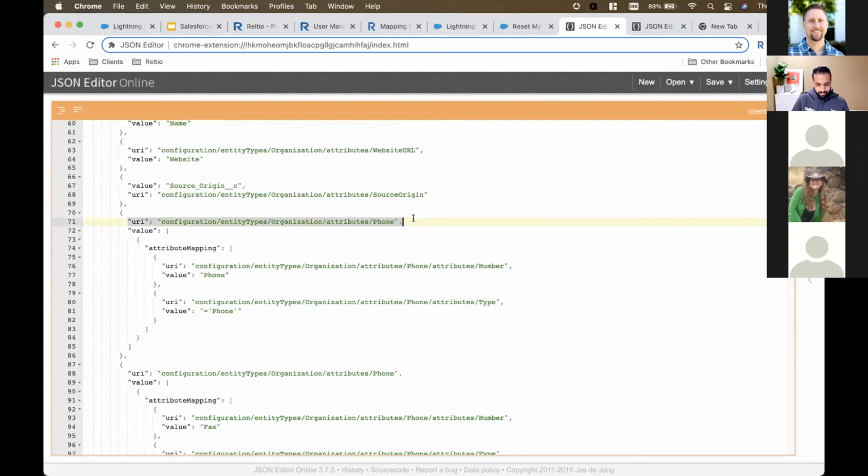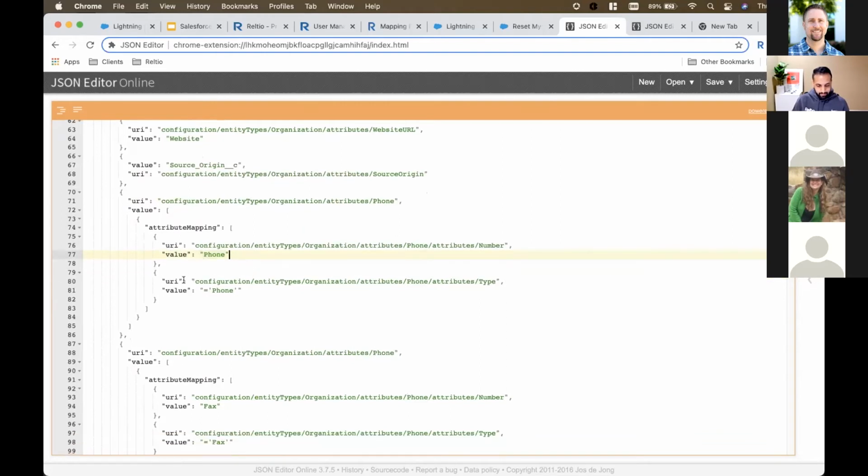So I put the parent of the nest, phone, here, followed by a value tag, and then another set of mappings. This second set of mappings will be all of the sub-attributes that belong to that phone nest. In my case, I'm using the phone number as the value of the Salesforce field phone. And then for the phone type, because Salesforce has a hard-coded field called phone and a hard-coded field called fax,